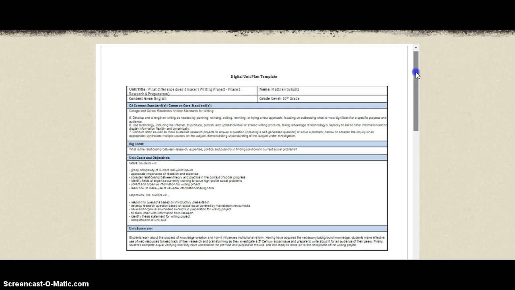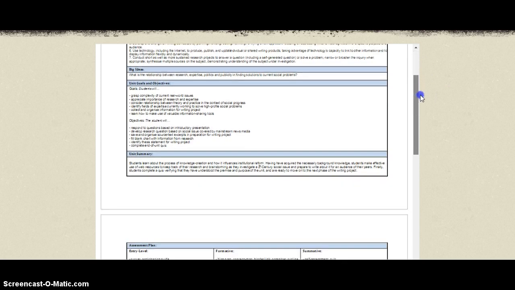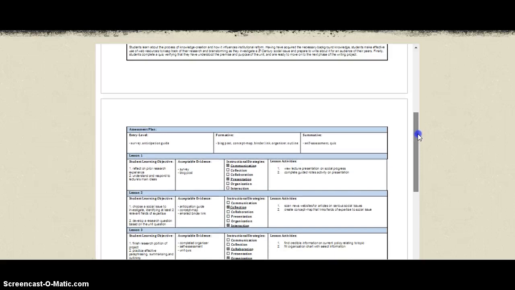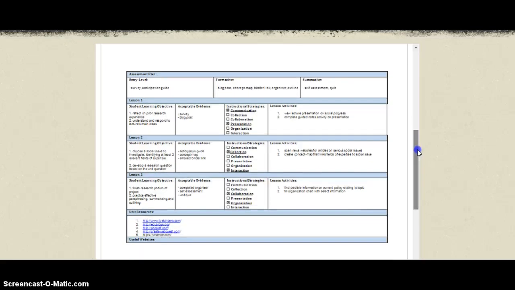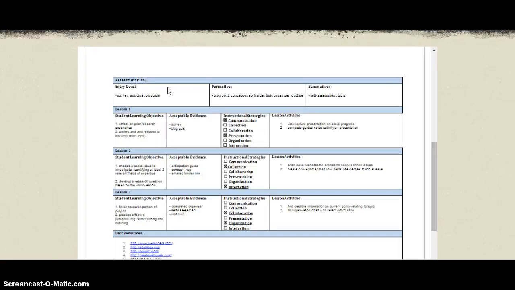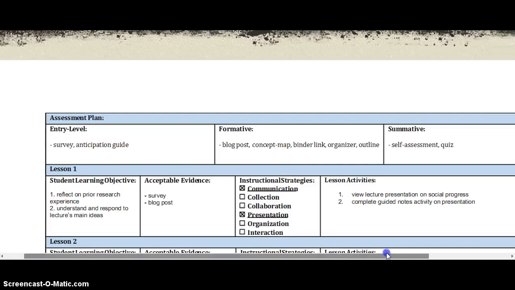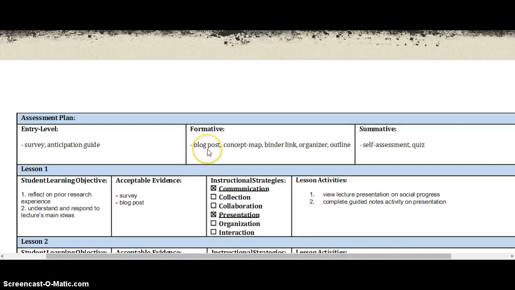Here in the unit plan template, I provide concise explanations and descriptions, and I order the assessments according to what type they are. So here you see that in the entry level, they have a survey that you saw and an anticipation guide that you did not see, and a blog post, which I described in the activities, the concept map, which is